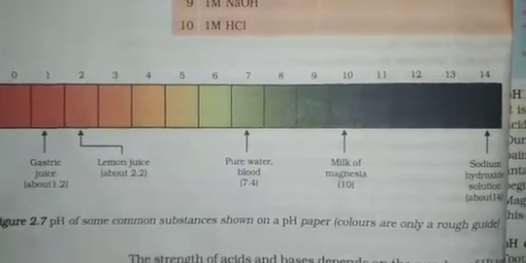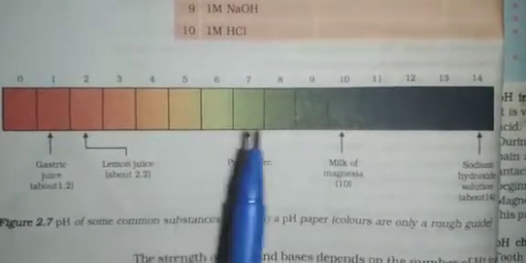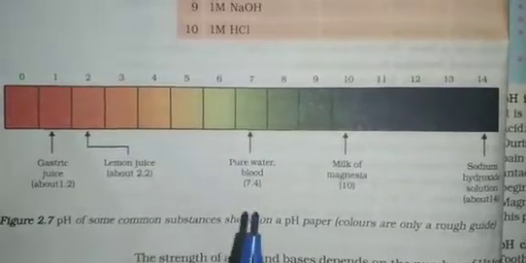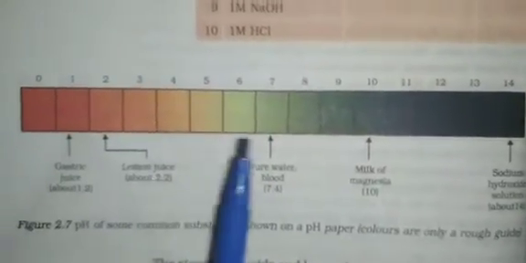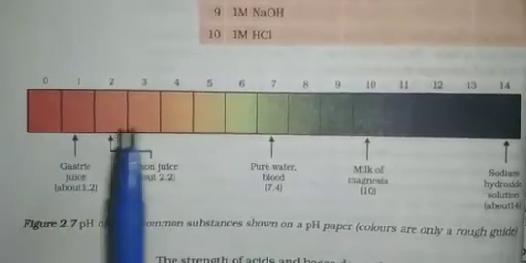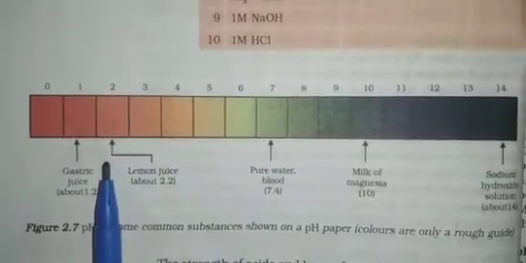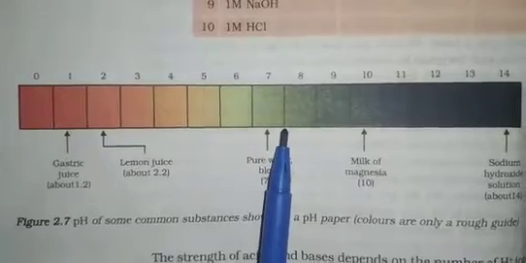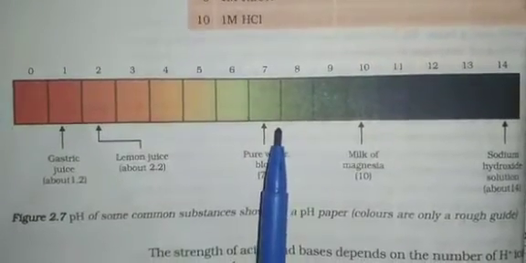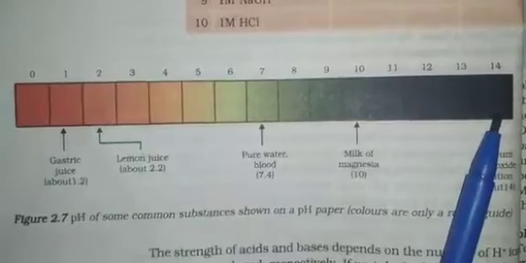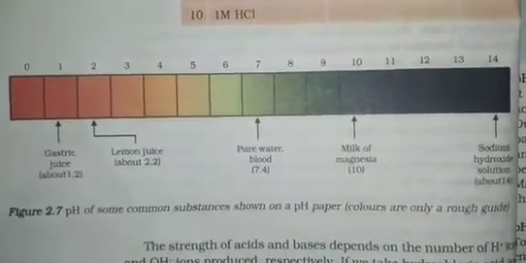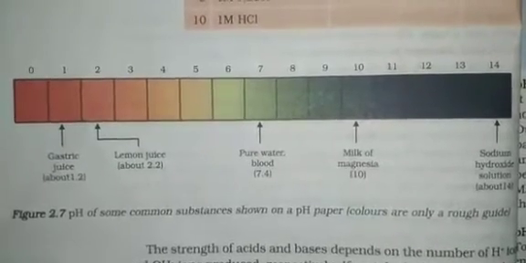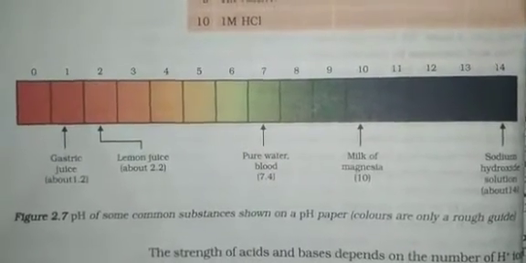And the pH of a neutral solution is 7, you know that. Pure water and our blood have a pH of 7. A value less than 7 on the pH scale represents an acidic solution. From 0 to 6 it is called acidic. After neutral, from 8 to 14 it is called alkaline or basic in nature. Generally paper impregnated with a universal indicator is used to measure the pH value.